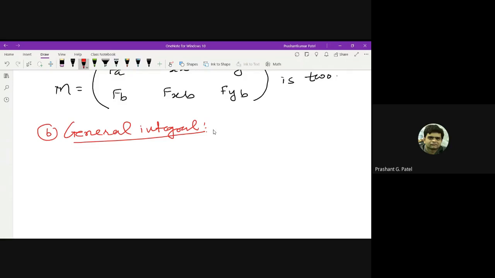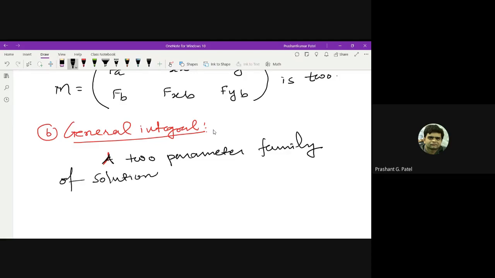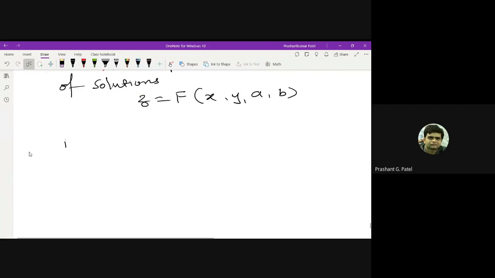So a two-parameter family of solution z is equal to capital F of x, y, a, b is called a general solution. In this, if we take